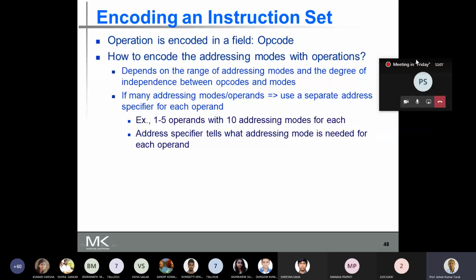For every operand there is a specific addressing mode, so there will be bits to specify the addressing mode. That will consume a large amount of space in your instruction. So the address specifier tells what addressing mode is needed for each operand.